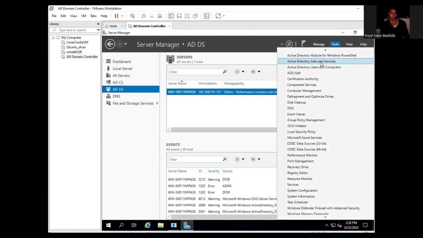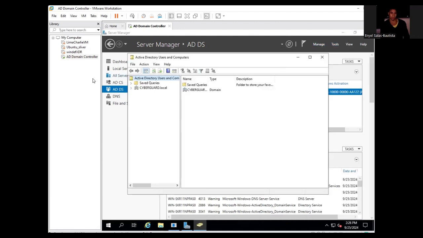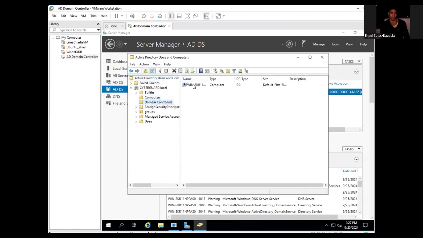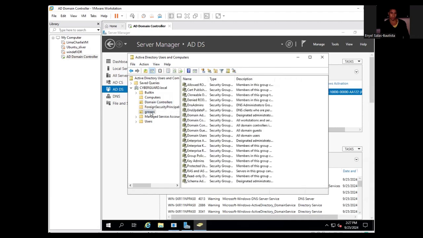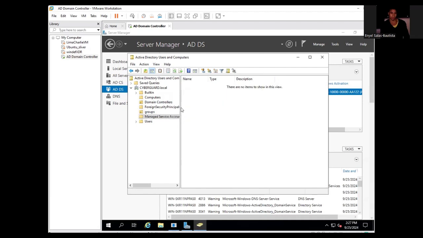Tools, and then Active Directory Users and Computers. As you can tell, this is our domain controller, and here's our forest and OUs, organizational units. Let me correct that. So here we have computers joined to the domain, the domain controller, which is the one we have, foreign security principals, groups, which I made yesterday, and managed service accounts, which we haven't set up yet, and then our users. Right now, we only have administrator, and